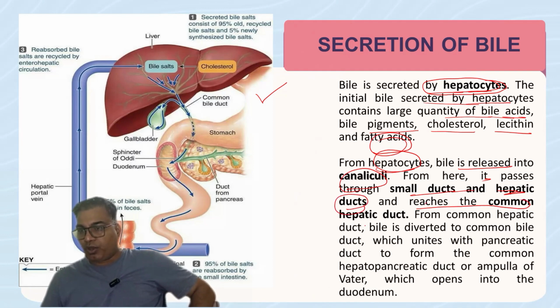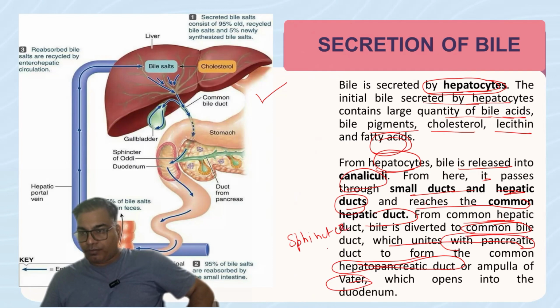opens into the common hepatic duct, and this common hepatic duct forms the common bile duct after joining with the cystic duct. This common bile duct unites with the pancreatic duct to form the common hepatopancreatic duct, which finally opens into the duodenum through the ampulla of Vater. There are specific sphincters, the sphincter of Oddi,